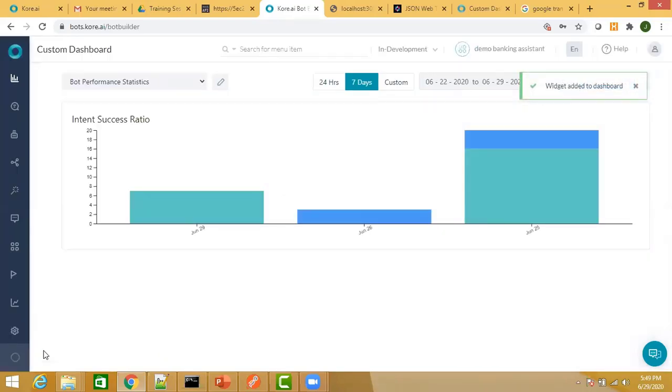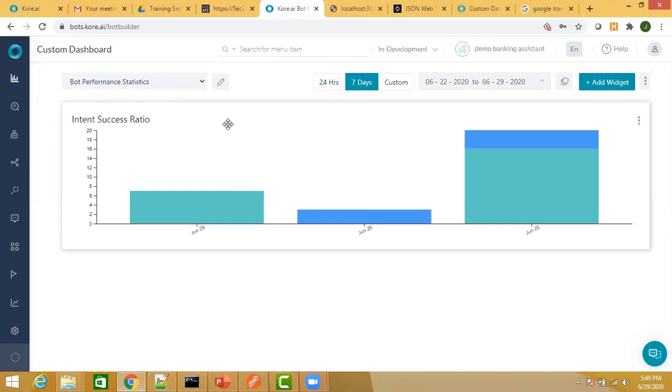Okay, if you want, you can actually change the date range from the dashboard view as well. But remember, the custom dashboard will pick up details from the real conversation that is happening between the user and the bot. So after the users have had sessions, if you as a developer open the custom dashboard widgets, it will show you the latest data from the conversations happening between the end users and the bot. Okay, any questions on this?